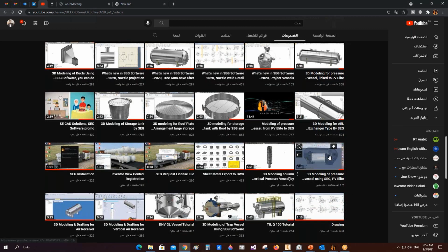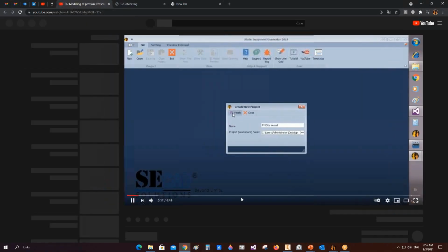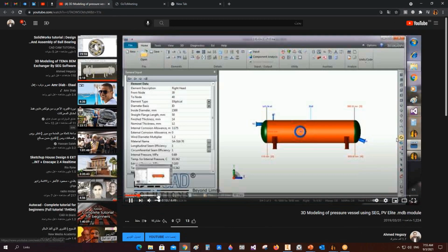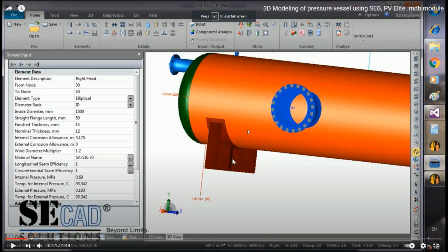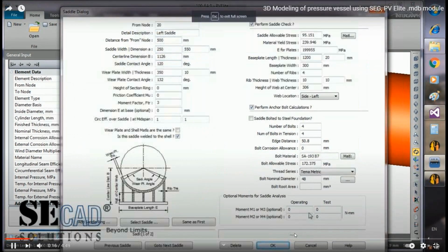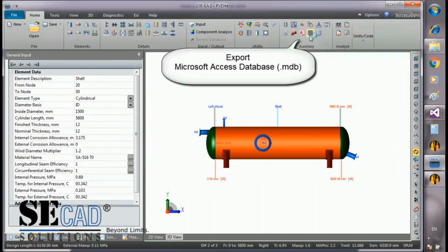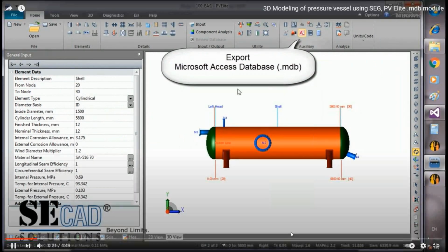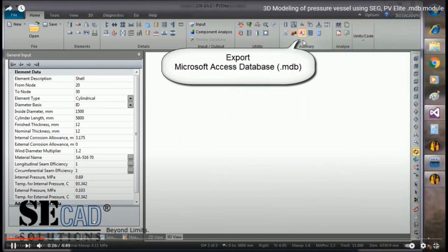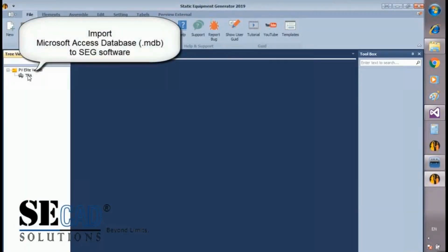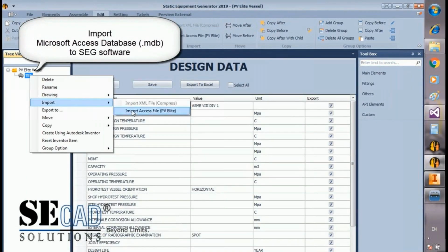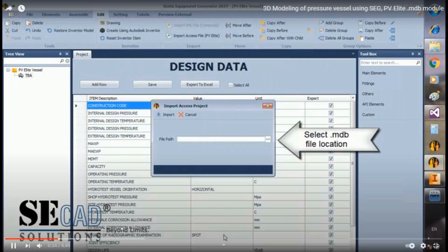Whatever data is coming into that access file, SEG uses that access file, and with the help of it, you can directly take the 3D model from PV Elite to SEG, and from there generate a drawing. Whatever things are missing in the access file can be remodeled in SEG. Maybe supports, if some supports are missing, or the tube details are not coming over